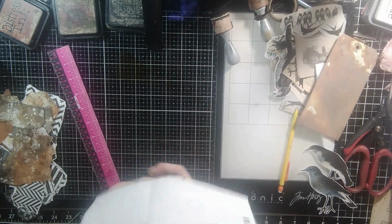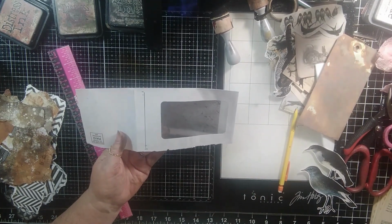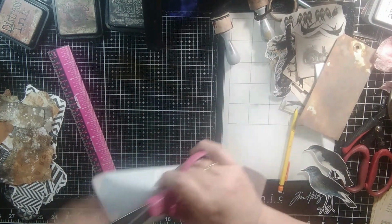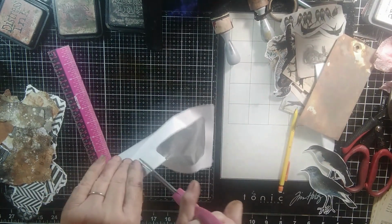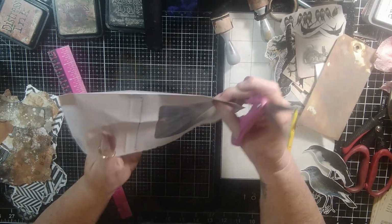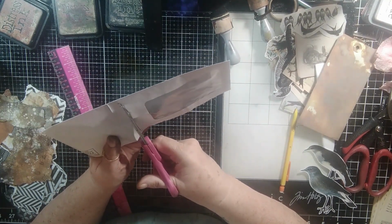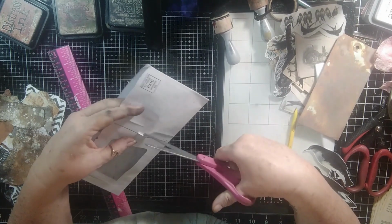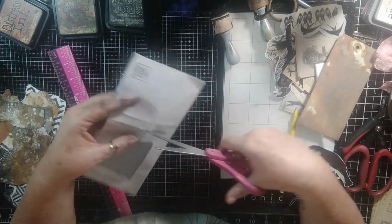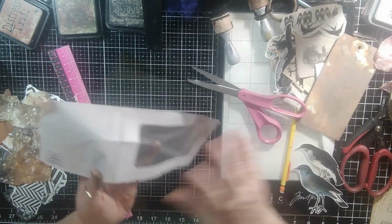So what I'm going to do is get my scissors, and I'm going to kind of fold it, cut that, and go ahead and slice it down here, and slice it down here, and then I'm going to take it